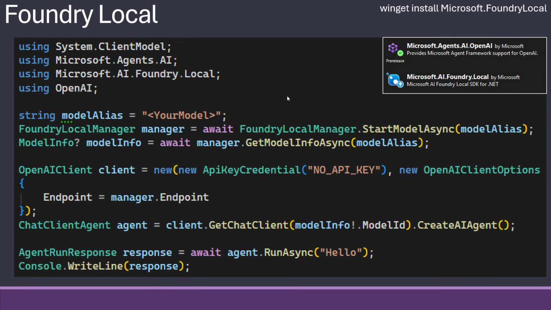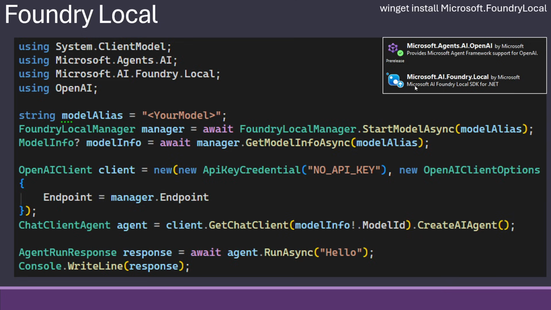Microsoft also has, similar to Ollama, something called Foundry Local. Again, this is an offline system. And instead of a service, you do a winget install on your machine, and you then get your Foundry Local. On Mac, it's slightly different, but again, it's a downloadable system that you put on your system.